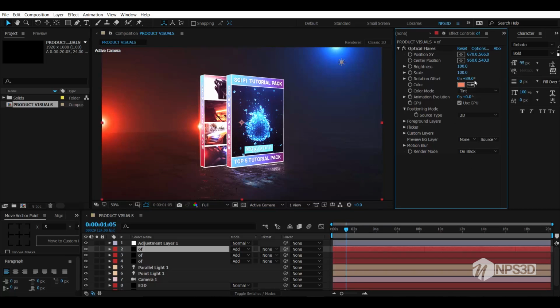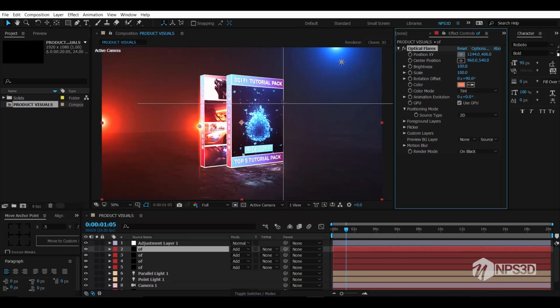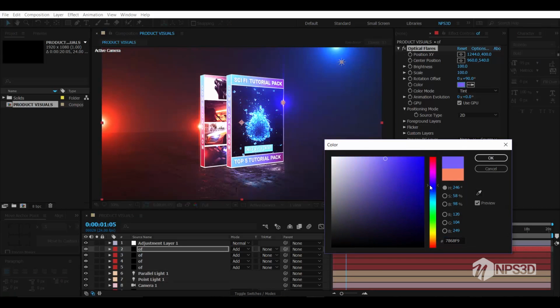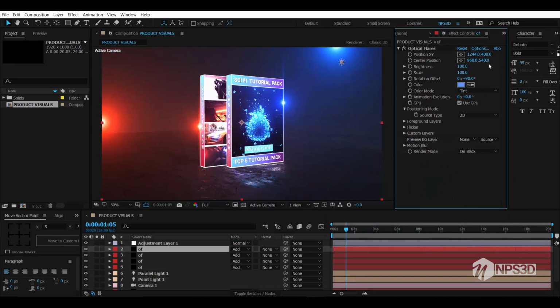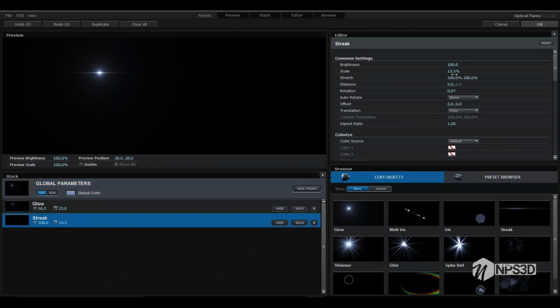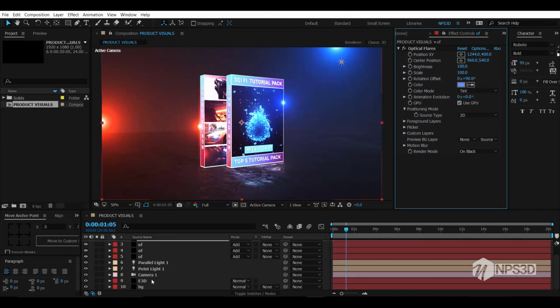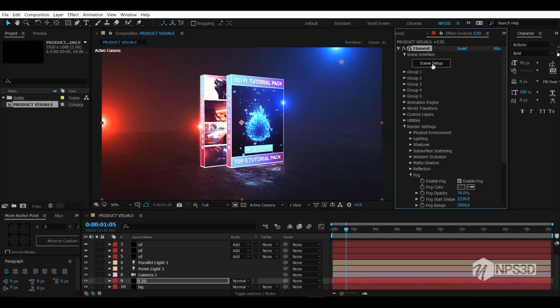Alright, almost 90. Create one more copy, Control D and paste it almost here and change it to blue. Fine. And also go in option and turn down the streak scale a little bit more down. Fine. So good. And what we'll do next is add the Element 3D layer and scene setup,